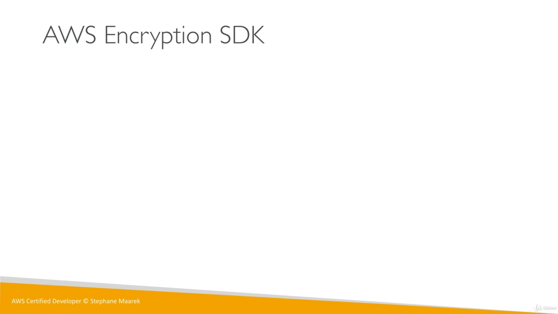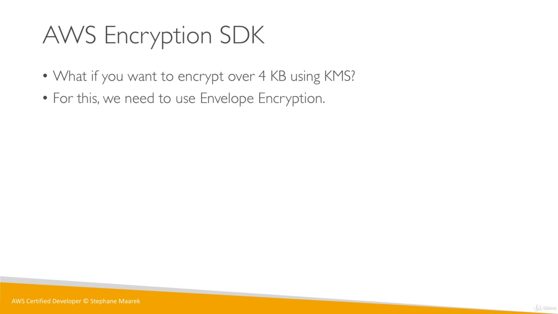as well, because I think it can be tremendously helpful for you in your job to be talking about the encryption SDK. So we've seen that KMS has a limit of 4 kilobytes over the data we can encrypt. But obviously, KMS does a lot of stuff. It allows us to encrypt EBS volumes, S3 files up to 5 terabytes. So how does it do it? Well, to do it, we need to use something called envelope encryption.